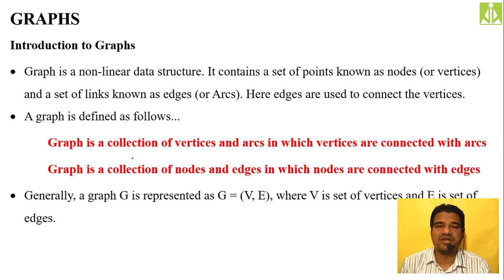From the tree definition we defined binary tree, and from the binary tree definition we defined binary search tree, and from binary search tree we defined AVL tree. So this is a kind of chronology, we can say. From the graph we got tree, and from the tree we got binary tree, and from the binary tree we got binary search tree, and from the binary search tree we got AVL trees. So now we were discussing the topmost, that is graph data structure.